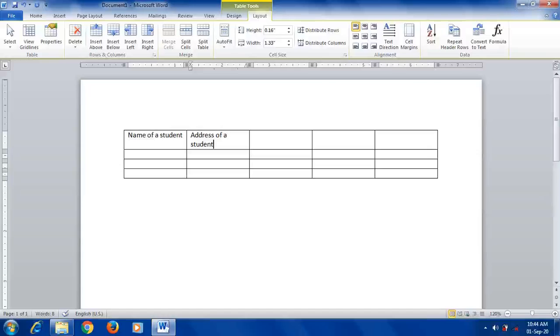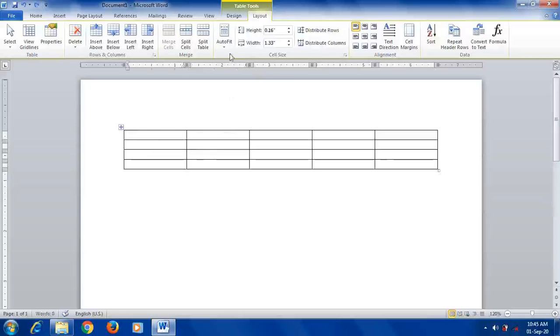When the width gets over, that text automatically shifts to the next line. So that is auto fit window, because this table has been set for the window, from this point to this point. So the width is not going to increase at all, only the height gets increased. That is the second point, auto fit window. The explanation is like this: selecting this option will adjust the table according to the margin set on a window.